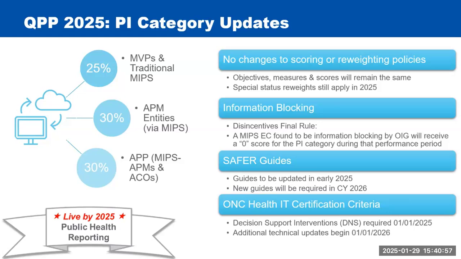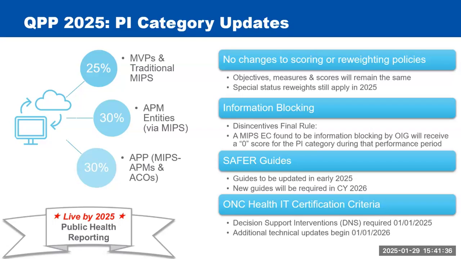There are some things that I do want to make sure that we call to your attention. So back earlier in 2024, CMS actually released an information blocking final rule completely outside of the quality payment program, but I think it's important for us to make sure that it is on everyone's radar. This disincentives final rule impacts the quality payment program inasmuch as if there is a MIPS eligible clinician who is found to be information blocking by the OIG,